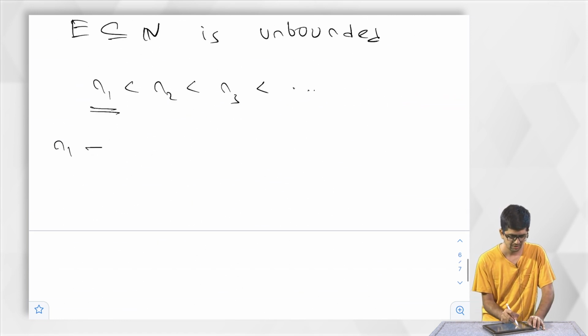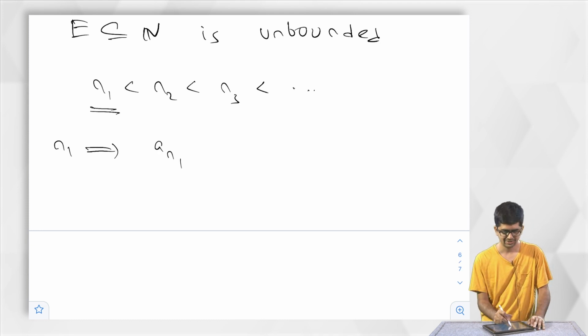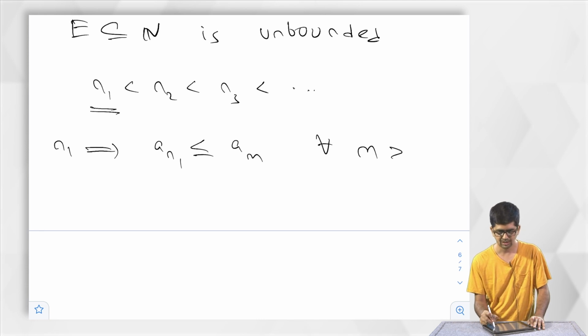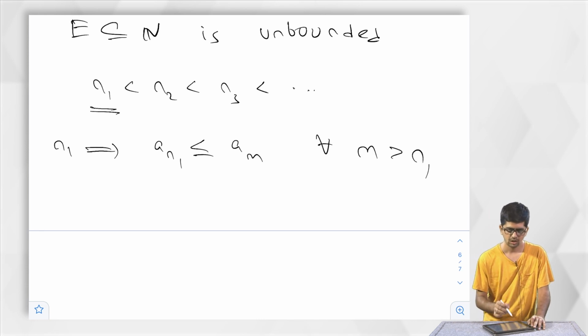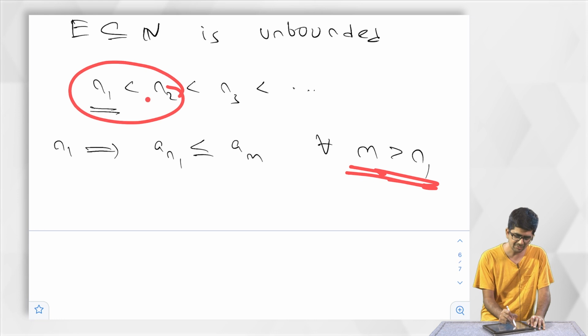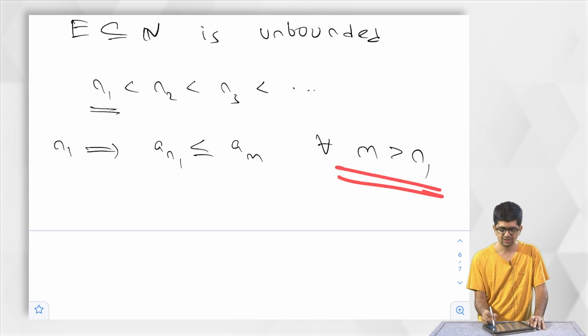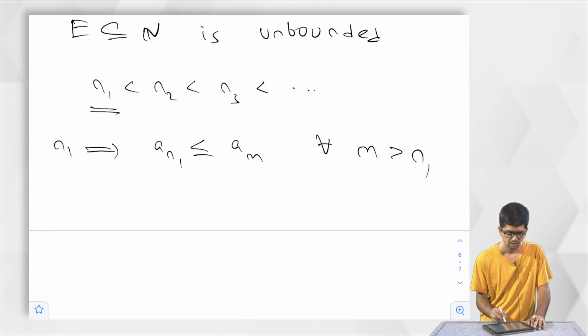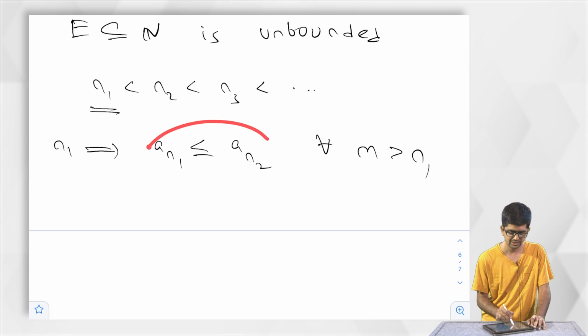So for this n1, we have a_n1 is less than or equal to a_m for every m greater than n1. Now instead of looking for an arbitrary element m with this property, we already have an element n2 that is greater than n1. So this is true for all m greater than or equal to n1. In particular, for m equal to n2, this is true.